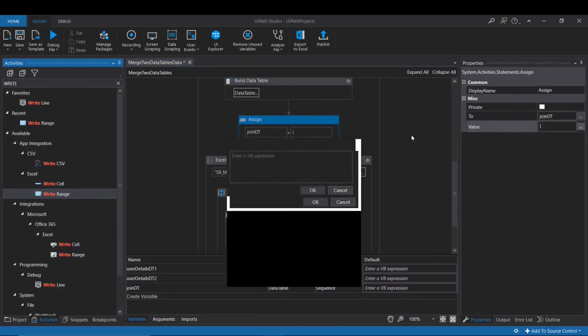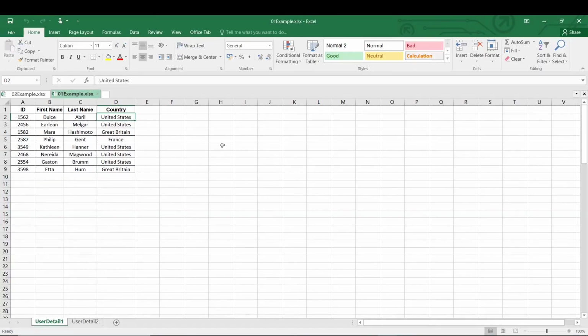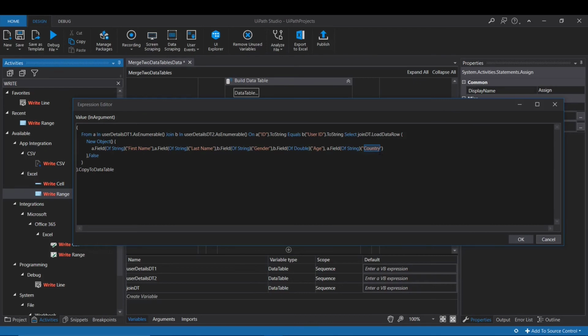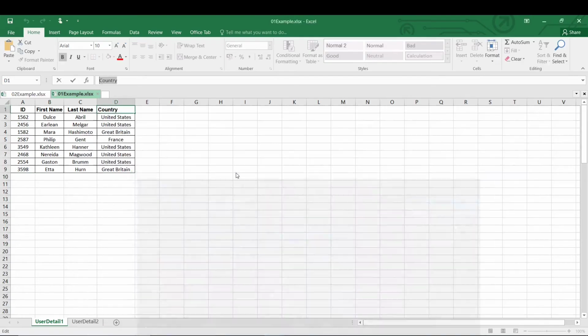For Sheet 1 we have the data table, this one, and we have taken the alias A1. So simply copy the code, comma, paste here, and COUNTRY. This name should be exactly the same as here, the spelling will be the same. So I'm copying and pasting here. Okay. Save it. Run the workflow.